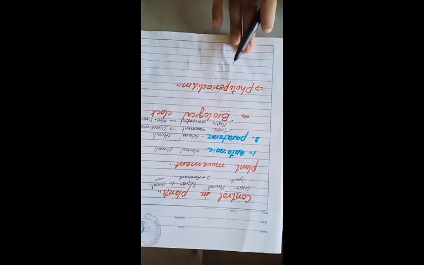Now come to the biological clock. What is the biological clock? Plants and animals have a special mechanism to measure the passage of time, and they regulate their metabolic activities according to that time. This clock is called the biological clock. It is the internal clock of the plants and animals.